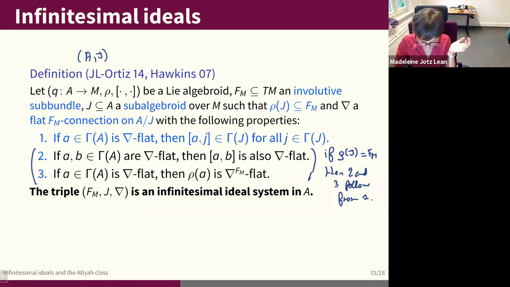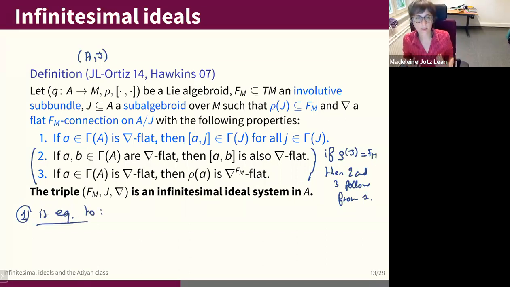The connection is going to be trivial, and 2 and 3 are also going to be trivially satisfied. The only thing that will remain is 1, which is just the ideal condition. Elements of I and elements of your Lie algebra need to bracket into I. So that's really the ideal condition, and you can rephrase it as